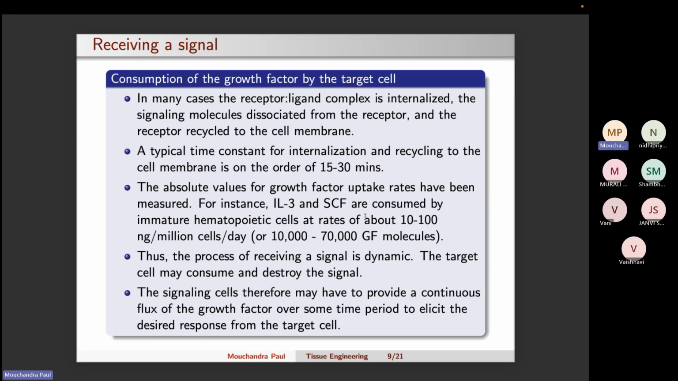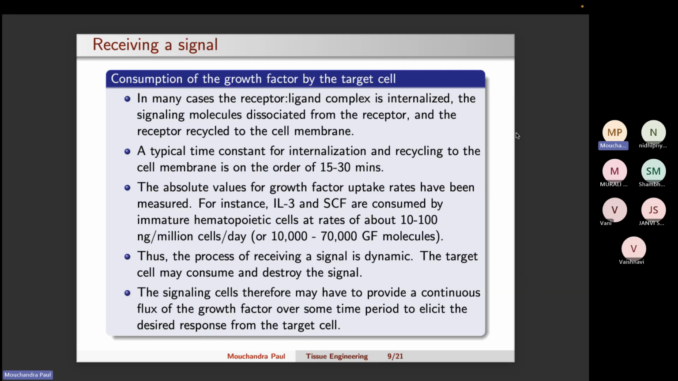So this process of receiving signal is thus dynamic, and the target cell may consume and destroy the signal. Its task is not to pass on the signal to the other cell. Its only job is to take in the signal and do the intended function or start downstream events, meaning show a cellular response. So since the signaling molecule is destroyed by the target cell,